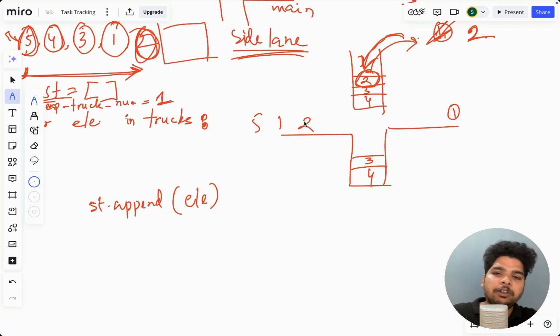Now what we'll do? But the current element is 2, so we'll put this 2 here. Then the current element is 1, right? So whenever we find the current element is our expected element, we'll pass this truck here. So 1 is placed here. Then expected output will be 2, right? Now before going to the next element, we'll check once in the stack,